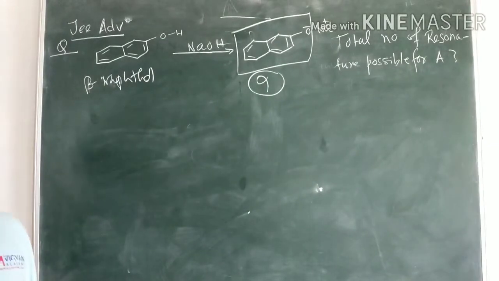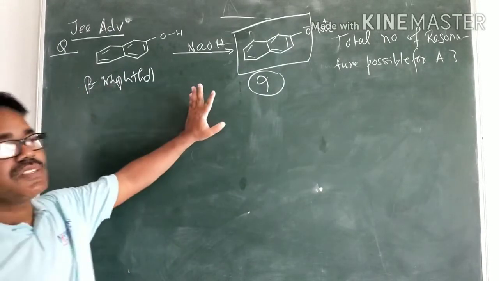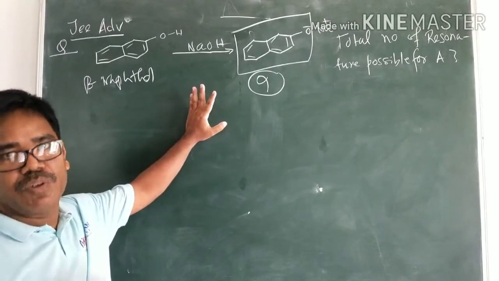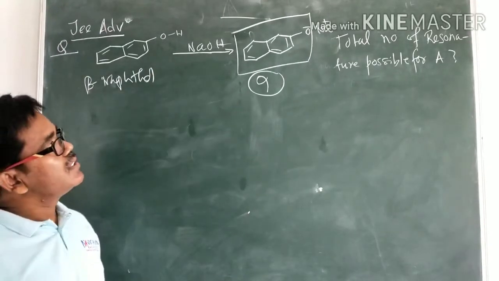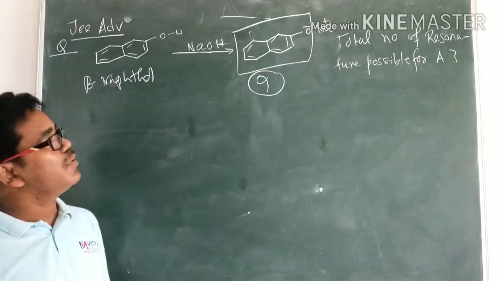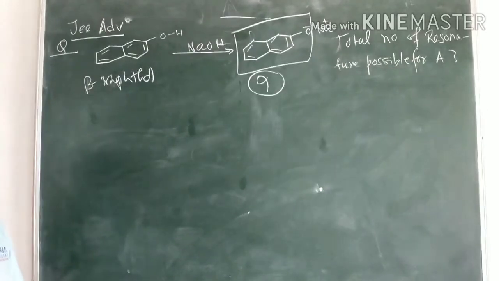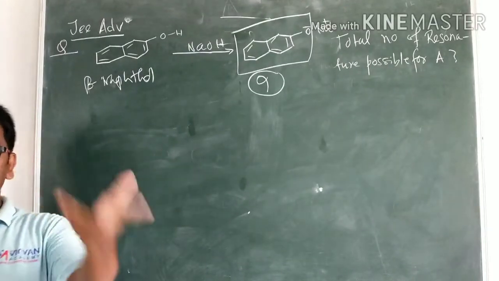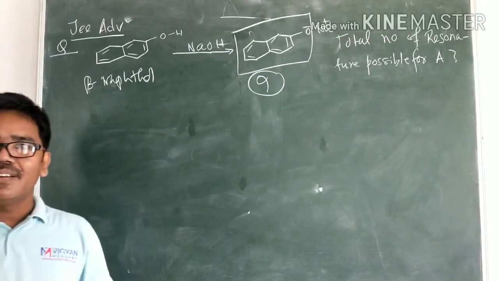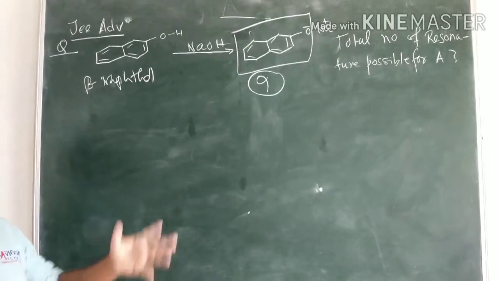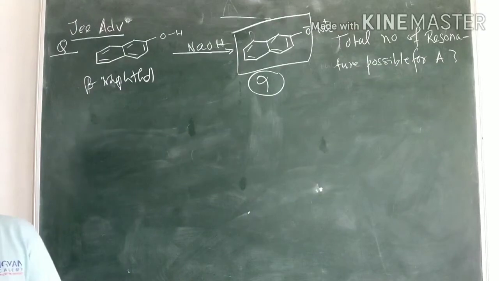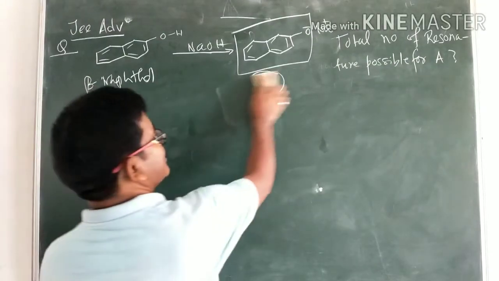But if you do not know the technique, how to solve this particular problem? Let me explain a little bit of the general process. Then I will come to the techniques. If you do not know the process, the technique will not work. First of all, you should have basic knowledge of the general process. Therefore, let me solve this problem by the general process, and you count your total time, how much time I am taking. Obviously, if I take 2 minutes, you will necessarily take 4 minutes. Therefore, let's try the general process.